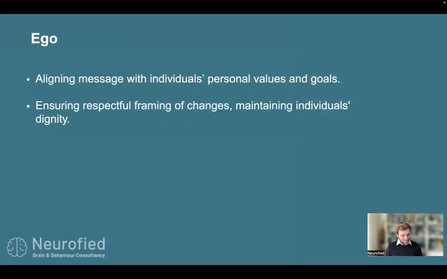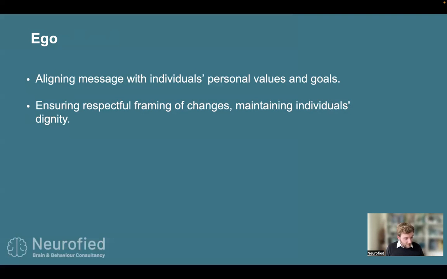And lastly, there's ego, which is a controversial word in psychology. But here it really means we have an organizational change. We have a lot of stakeholders, a lot of systems dynamics, but in the end, we're all people. We're all people with individual goals, values, and also a reputation that we want to maintain. And as I said, not everyone is going to be better off. So make sure that whatever you communicate, that you do it in a respectful way and with a respectful frame